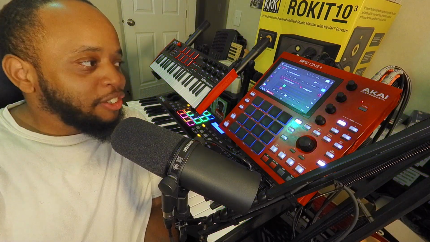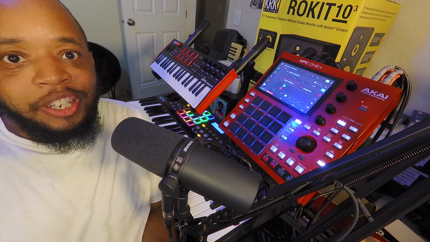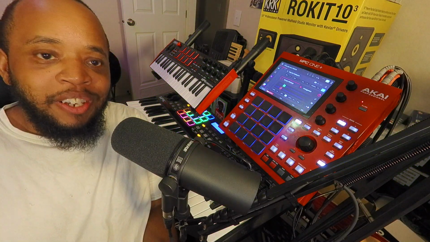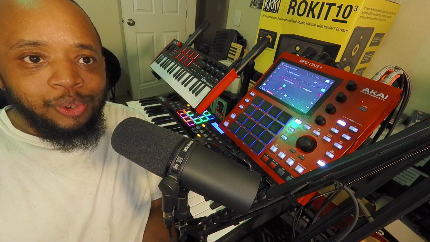It's definitely, I believe, more pros than cons, and this is just the beginning stages of it. I mean, it's still a beta, so they're gonna come out with new updates and things like that for it. But I think the difference is, if you're a new MPC user, you're not gonna have any problem with this. I believe it's definitely user friendly